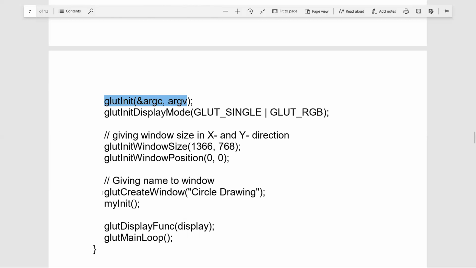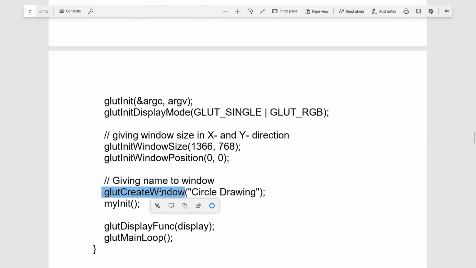So step 2 is exactly glutCreateWindow. This step is able to display the window to be created on the screen.